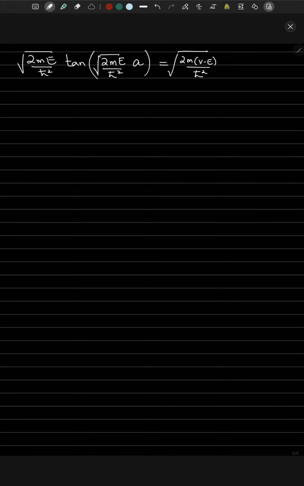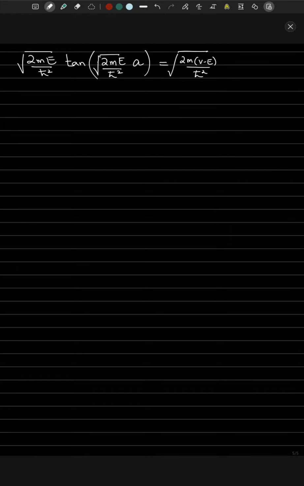Now, the next step from this is to solve this transcendental equation. This equation, by the way, is called a transcendental equation, and you can solve it by defining